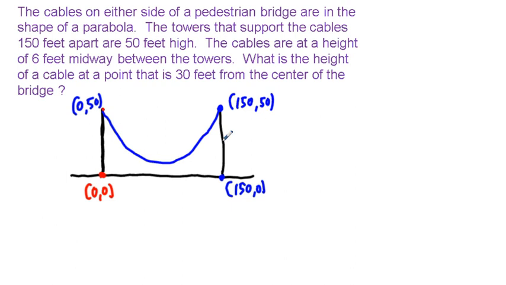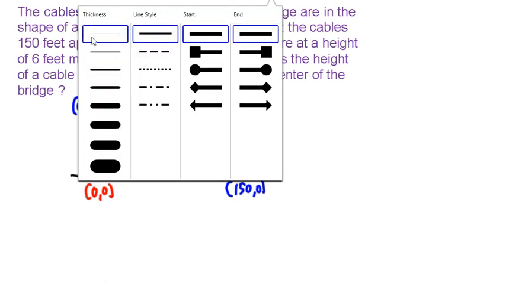And right down here, the cables are at a height of 6 feet midway between the towers. Midway between the towers, half of 150 is 75. So we have 75, comma 6. So that is a vertex. We can use our vertex and one other point. What we have is